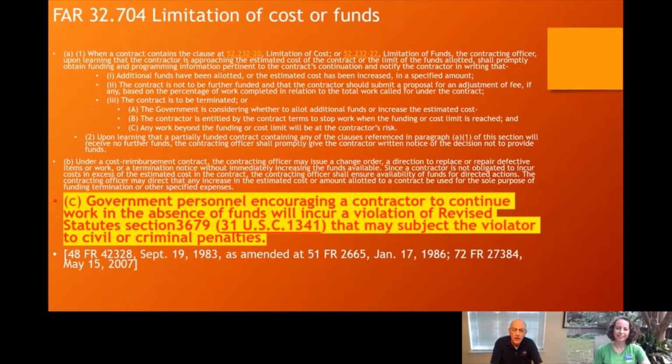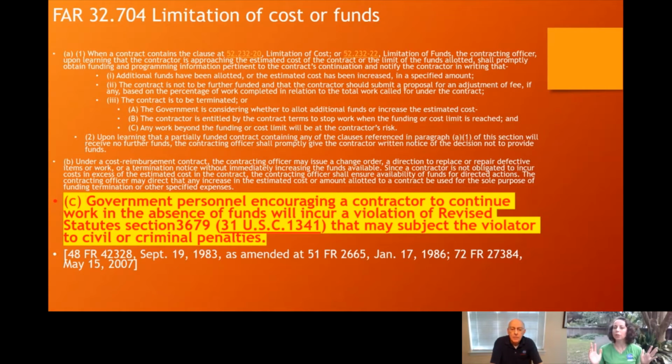And as it says, the violator, who is the contracting officer usually, but it could be a program person as well, could be subject to both civil and/or criminal penalties. In addition, there are also administrative penalties. They can be up to fired from their job, and certainly they can be put on leave without pay for some period of time, demoted, and other types of administrative actions. That's why we're bringing this up now. We talked about the ADA and fiscal law in the last episode, and we're talking about this limitation of cost or funds clause and how those two things dovetail right here in this highlighted language.